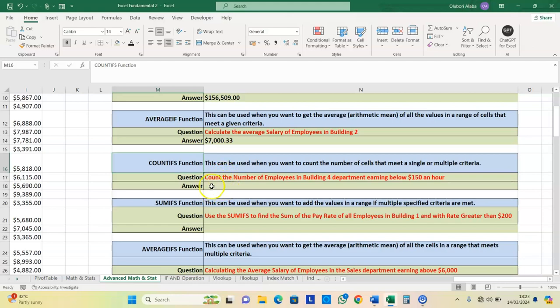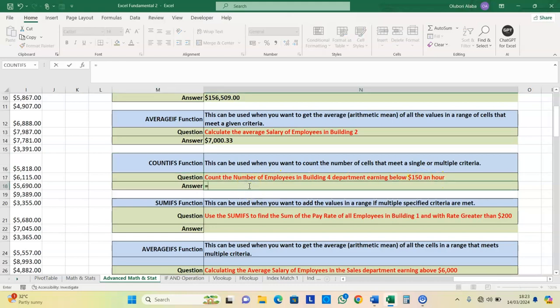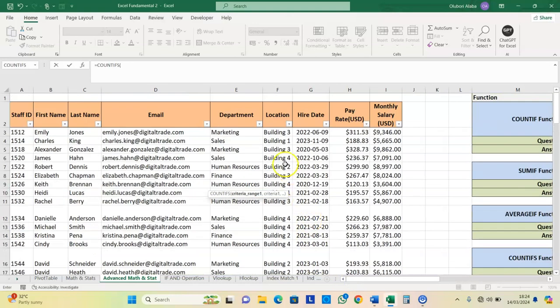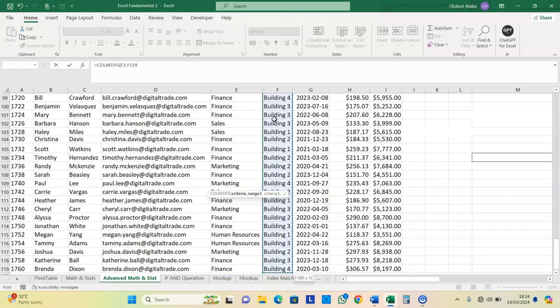Now looking at this question, it says count the number of employees in building 4 earning below $150 an hour. So we want to count the number of employees in building 4 earning below this rate an hour. So what do we do? We go to equals to and say COUNTIFS, press your tab key, and it says criteria range. What is our criteria range? Our criteria range is our location. That is the first one. Highlight everything, and then say